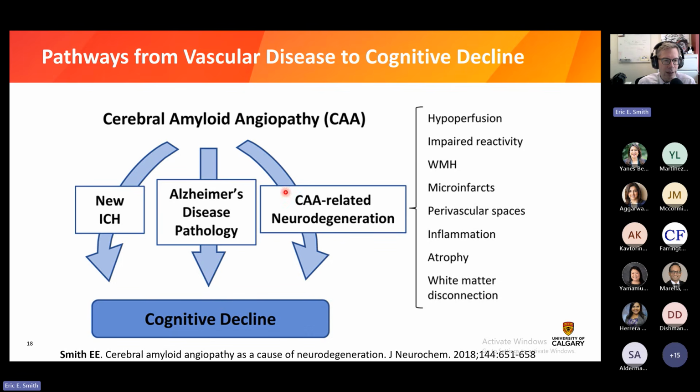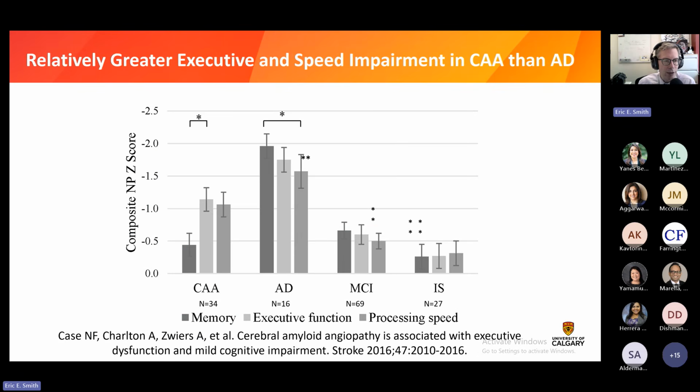But my research and others suggest that CA-related neurodegeneration is an important cause as well, probably driven by altered vascular activity and damage to the white matter. One reason I say that is because the average neuropsychological profile of a patient with CAA tends to look more vascular than Alzheimer's disease-like. In this cross-sectional study, we compared patients with CAA to patients with AD, MCI, and ischemic stroke. The bars represent the deviation from normal in memory. A higher bar indicates more abnormal. You can see the pattern in CAA is that the amount of memory impairment in the dark gray bar